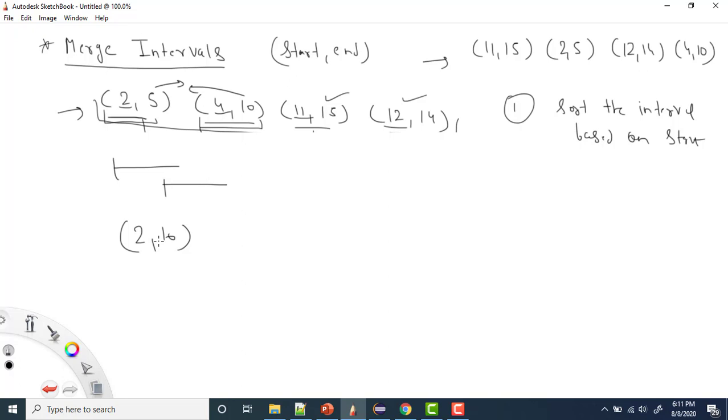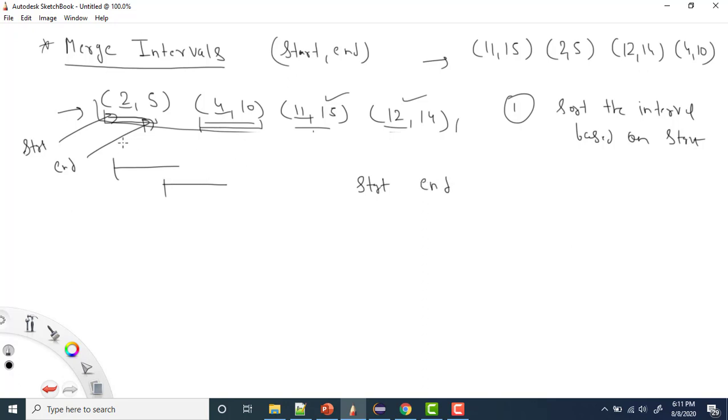Now how can we know whether they are overlapping or not, right? Let's see this case, because this is very important: you should know how we are checking whether they are overlapping or not. Let's say these are the two values, and this is start and this is end. So I have stored this start and end. Here we have start, here we have end.